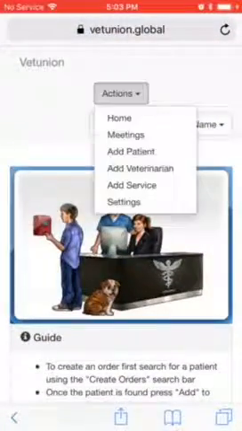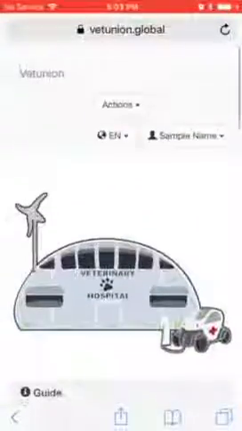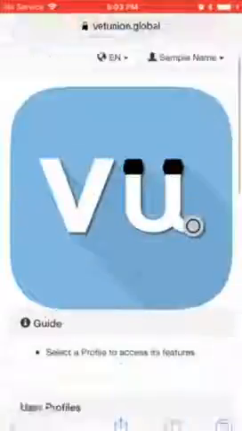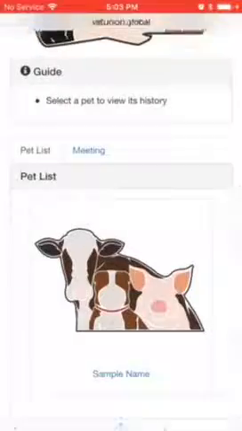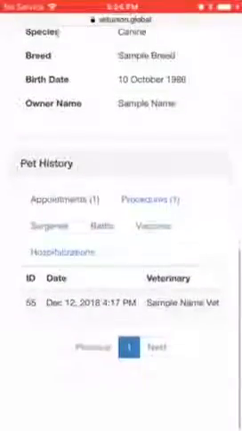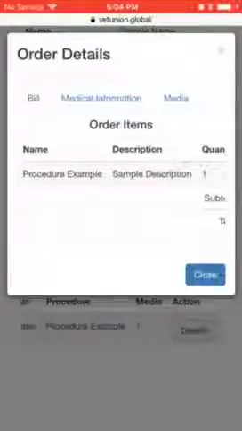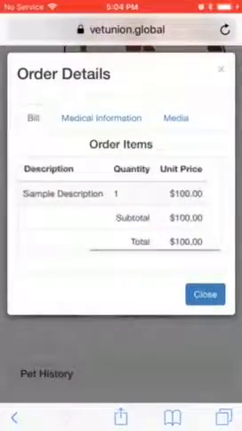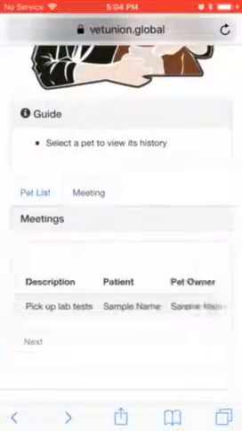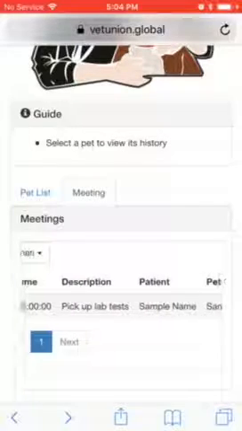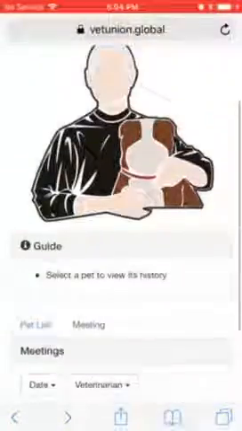And one more thing, the procedure was also stored in the pet owner's medical history, so it can be viewed here. Here's the procedure that was done, with the details. And in the meeting section, he has the meeting: when he has to come back and why, or whatever the reason. And that's how you process